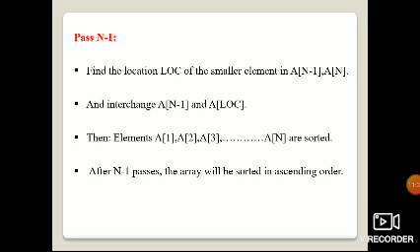Then elements A of 1, A of 2 up to A of n are sorted. After n minus 1 passes, the array will be sorted in ascending order.